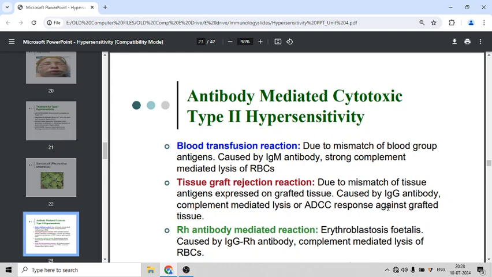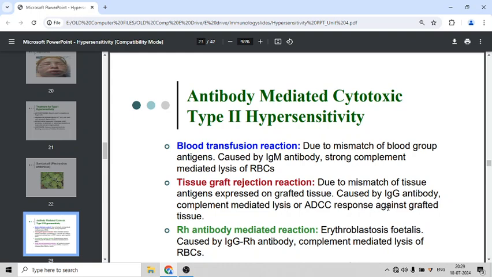As per the WHO rule, only blood of the same blood group with proper matching should be transfused into the person. Coming to the tissue graft rejection reaction. Here we are talking about the antigens on the tissues, which are MHC antigens, major histocompatibility antigens. Generally on the tissues, the major histocompatibility antigens will be of class 1 type, and class 1 antigens of different tissues differ in the same individuals. An individual would have 6 different antigens on his tissues. If it is not matched when the transplantation of the organ is done,